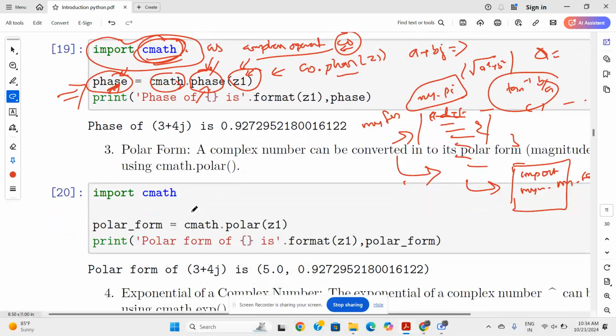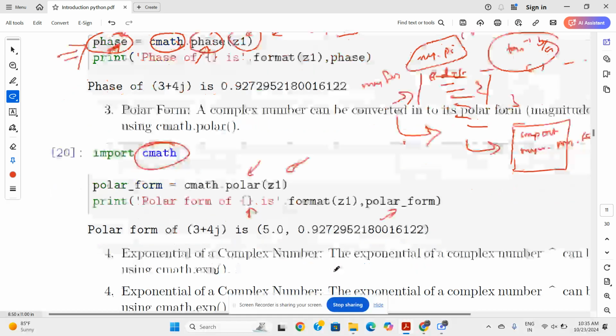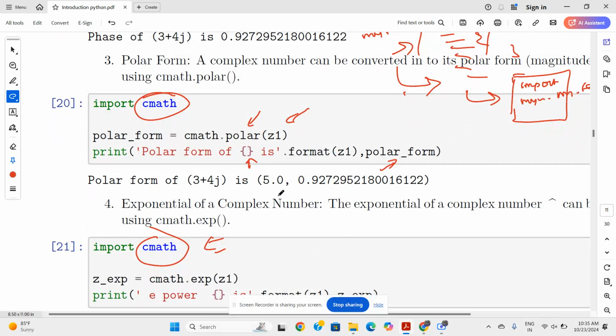Now the polar form. How to get the polar form of a complex number? For that also, you can call from the cmath module. cmath.polar, then pass your complex number. It will give the polar form of z1, stored as polar_form. So it will give you the result as